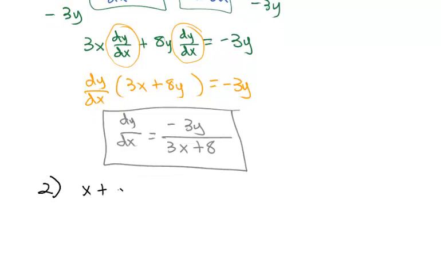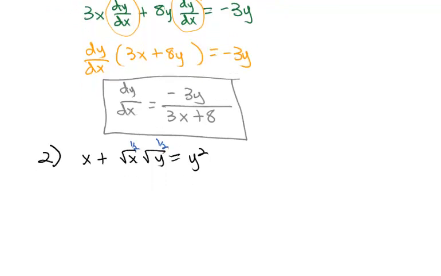Let's do x plus the square root of x times the square root of y equals y squared. And remember, we think about square roots as 1/2 powers. So first, the derivative of x,